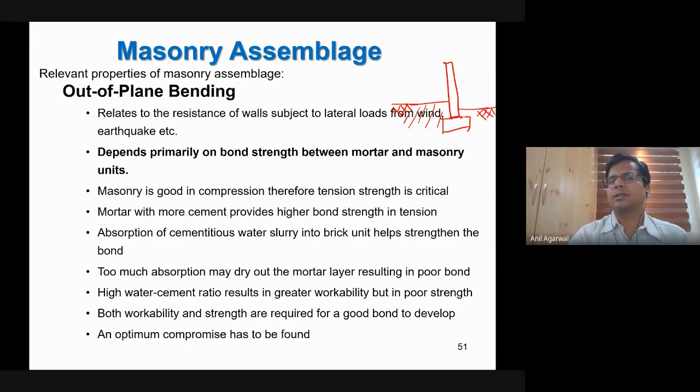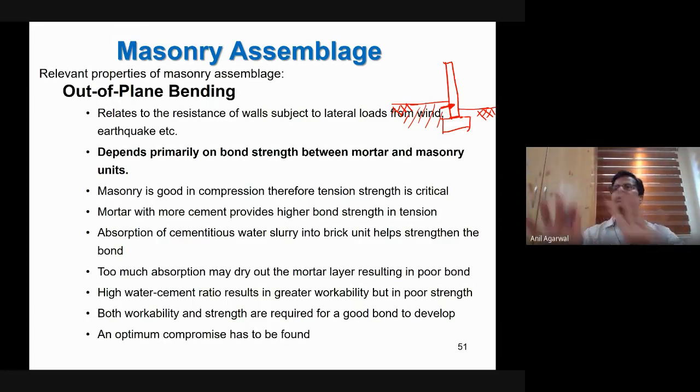So then what is happening is that there is a lateral pressure acting on the wall from this side, and that lateral pressure will lead to some kind of instability of this wall. It will push the wall to one side. These kinds of things happen quite often in boundary walls. Okay. So in order to have good performance in out of plane bending, you need to have good bond strength between mortar and masonry. And the wall should be heavy. If the wall is heavy, then on its own weight it will not fall. On its own weight it will try to settle all these problems.